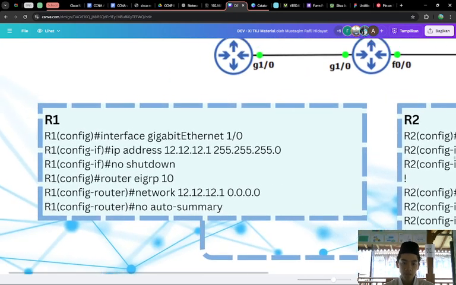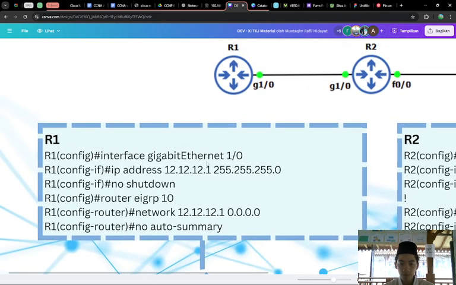The first is you can go to interface GigabitEthernet 1/0.